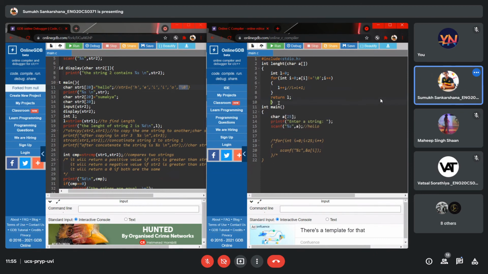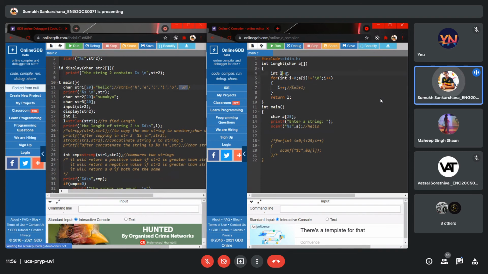Why do we take L plus plus inside? What is the point of using L plus plus? It is just a variable to count. We can optimize it further. Can anybody give an idea of how we optimize it further? It's just a variable we use to count.